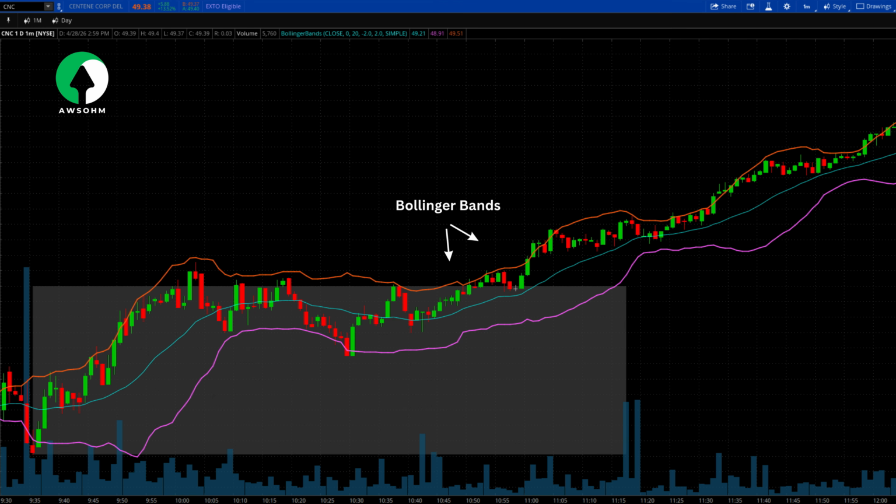Public participation, markup. This is the meat of the trend. Prices move rapidly as technical traders and the general public recognize the direction. This is where most trend-following strategies thrive. Distribution phase. The trend begins to lose momentum. The smart money that bought in the accumulation phase starts selling to the latecomers. This often forms climax tops or rounded tops.